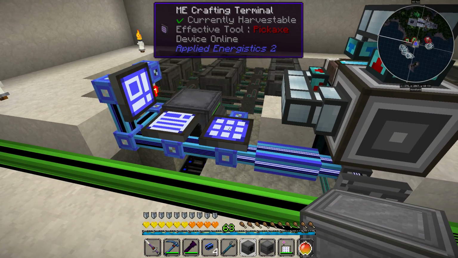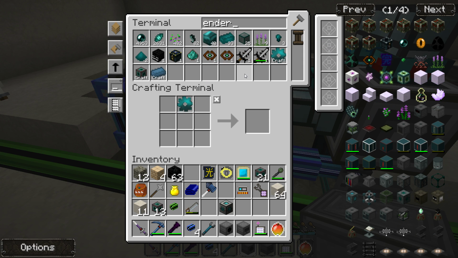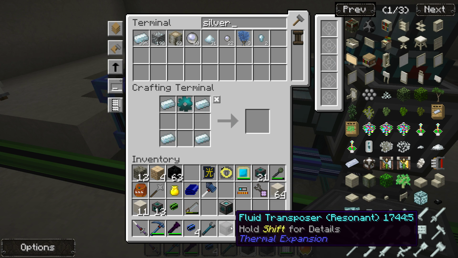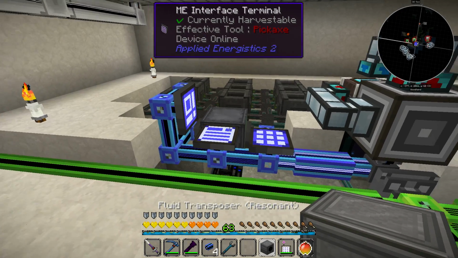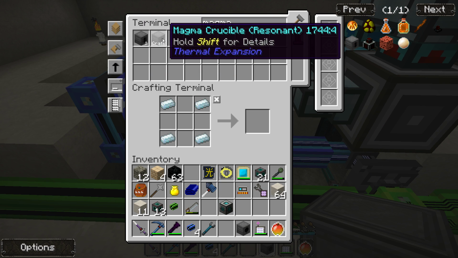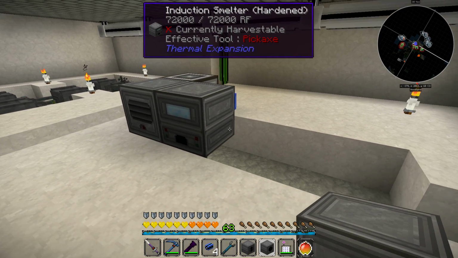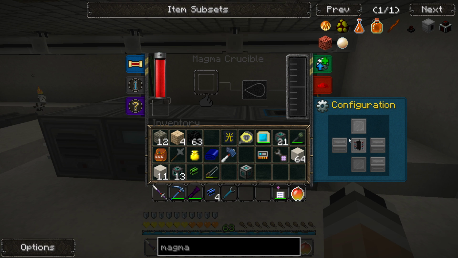You. And how are we for Enderium gear? We have also one. And we also will need silver. Here and here. Nice. Resonant one. Yes. Actually, magma crucible. Basic one. Go on. Nice. So now let's place the magma crucible here and the fluid transposer there, and you are like this, and